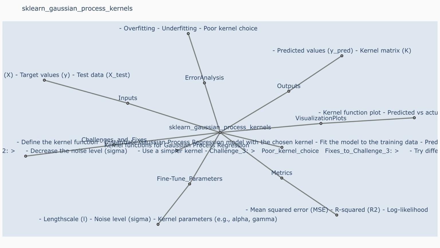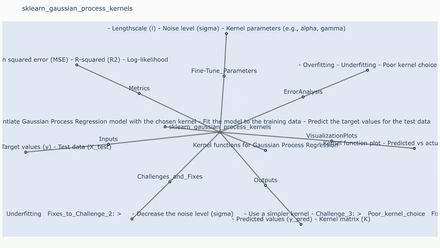sklearn Gaussian process kernels. Gaussian process kernels, also known as covariance functions, are a key component of Gaussian process regression (GPR). They define the relationship between data points, influencing the smoothness and shape of the learned function. These kernels determine how similar two data points are, with higher similarity leading to stronger correlation in the output. They are essential for capturing the underlying structure and dependencies within the data, allowing GPR to make accurate predictions on